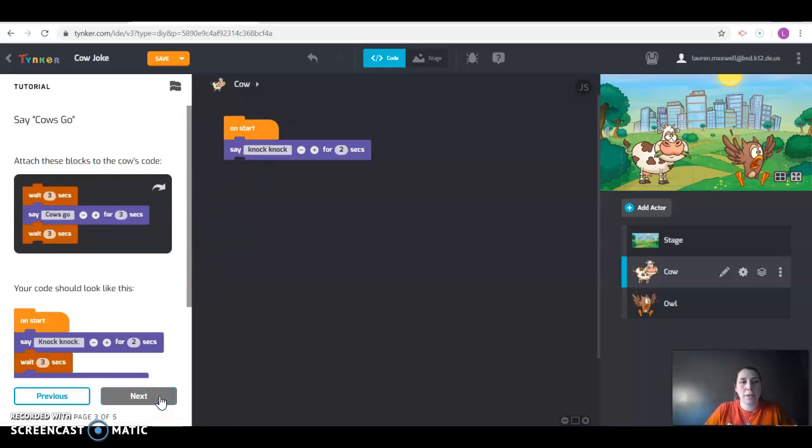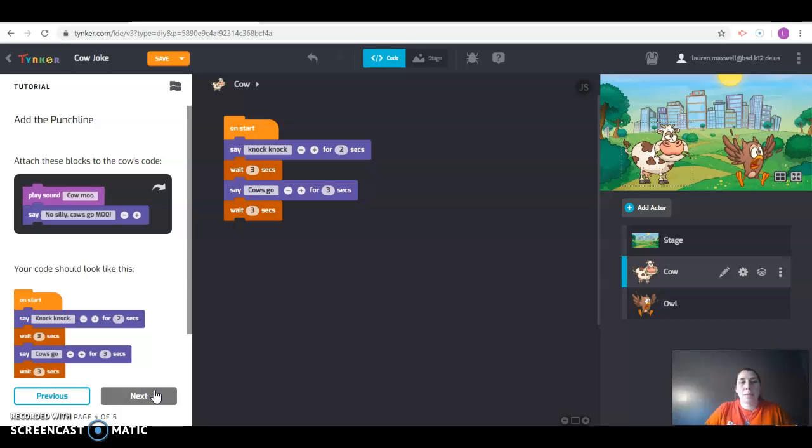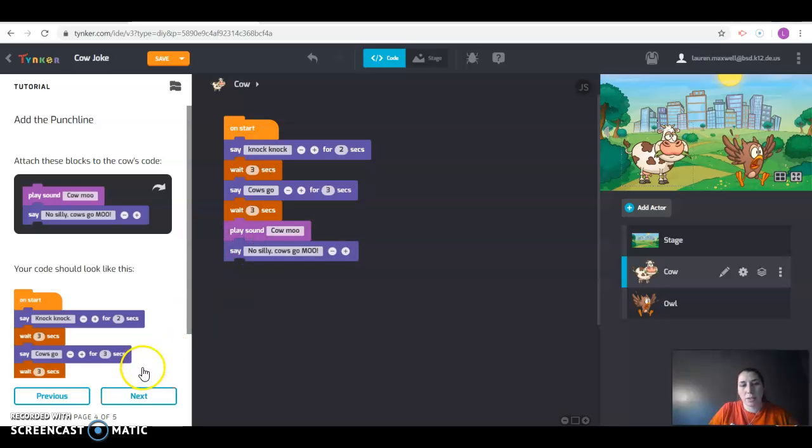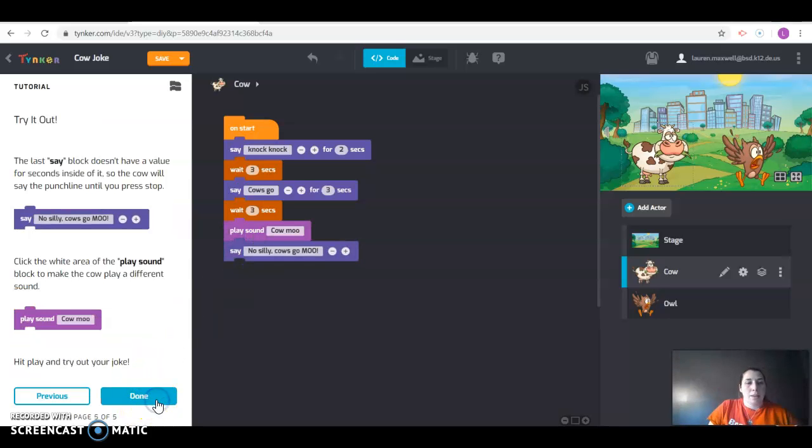Next step. Attach these blocks to the cow's code. That way the students are just getting familiar with how to use sound, how to use the wait button, how to use the different dialogue techniques. And then when they hit play,